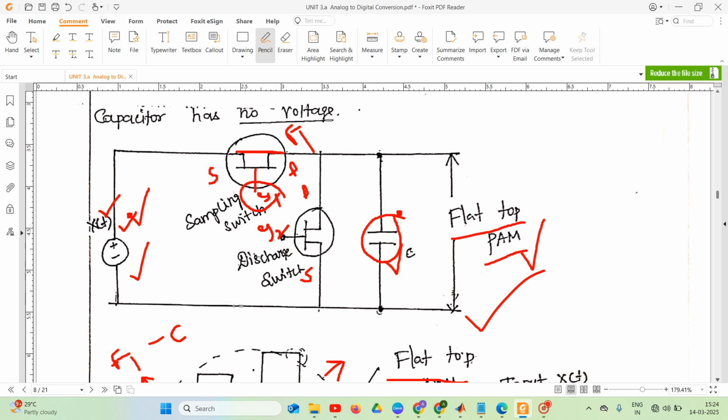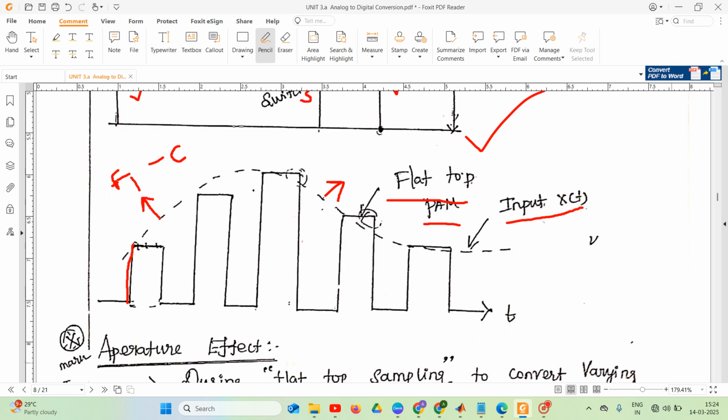We will discuss by using this waveform. This dotted line indicates our modulating signal, X of t, our input signal. This rectangular square wave is our PAM, flat top PAM signal. Why we call this one as a flat top signal? Because our PAM output